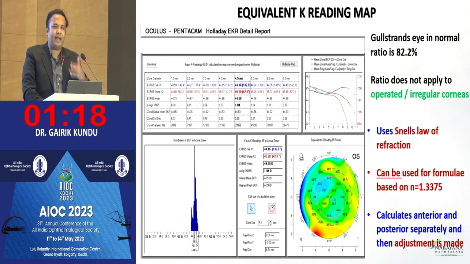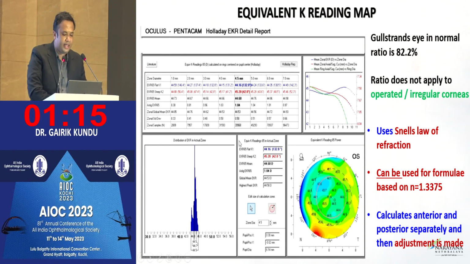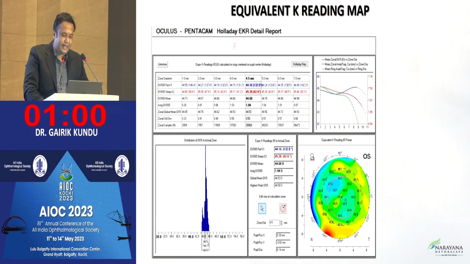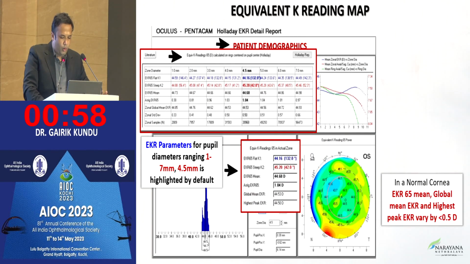So if you see people planning multifocal IOLs, you look at an EKR, look at the EKR in the 4.5 millimeter zone, look at the distribution of the keratometry. So if you see, this is not a very widely distributed keratometry, so it is compact, not something which is irregular, and these patients would do well. So why do we need it in such scenarios? Because one is obviously planning multifocal IOLs. The second thing is, even for planning a simple case, it need not be a premium IOL, optimizing outcomes in terms of post-operative quality of vision is also important. So you get a patient who maybe has a focal scar. What you could do is look at EKR, the distribution of the EKR over the 4.5 millimeter zone,